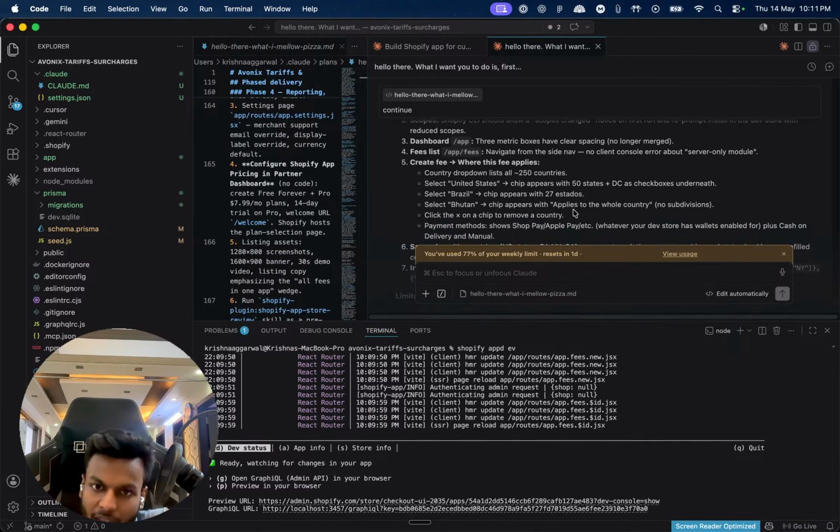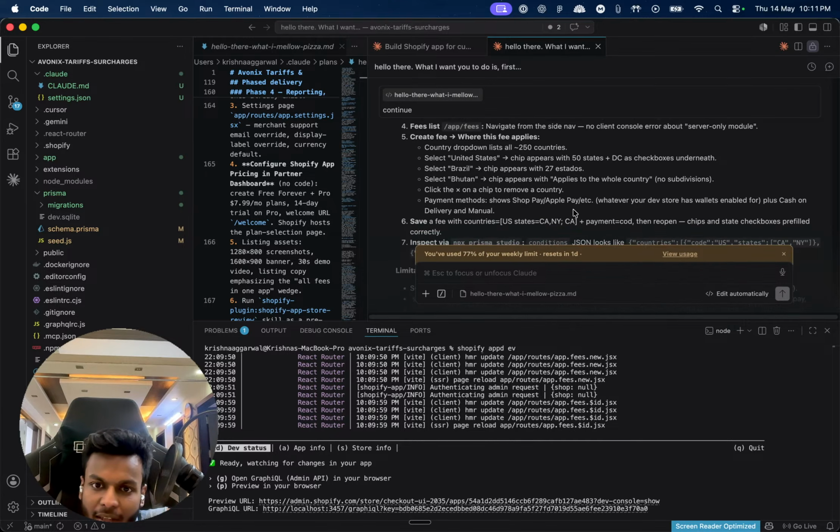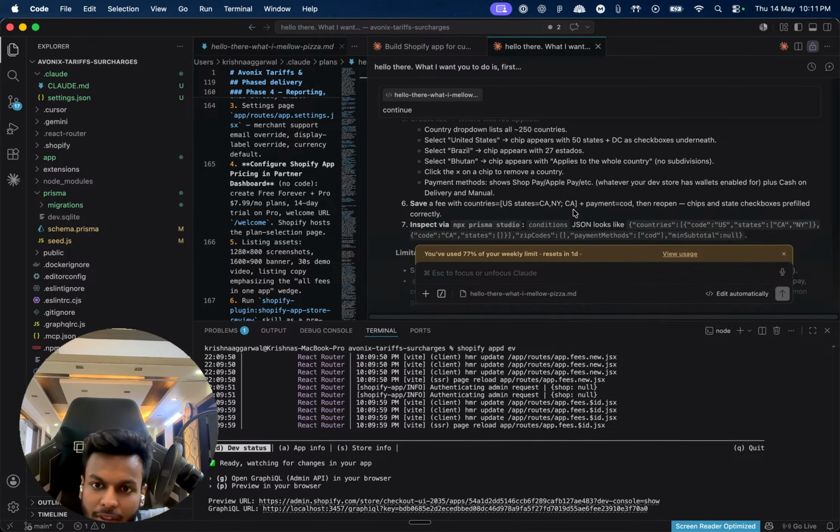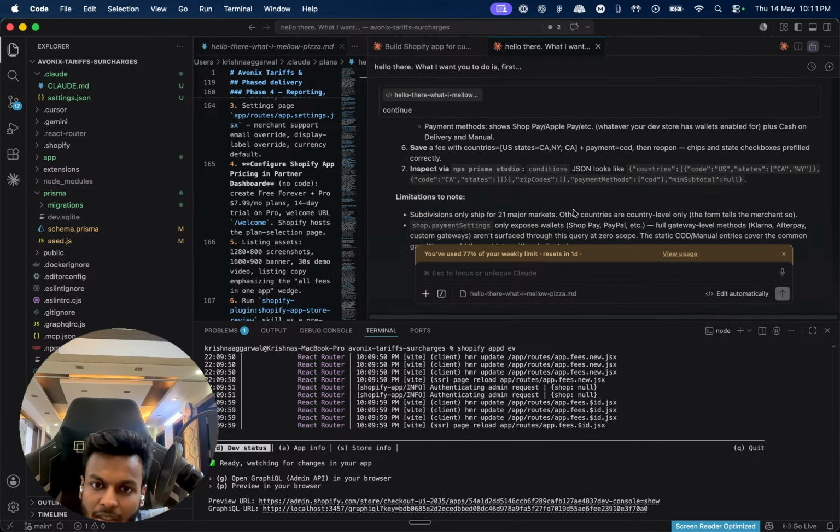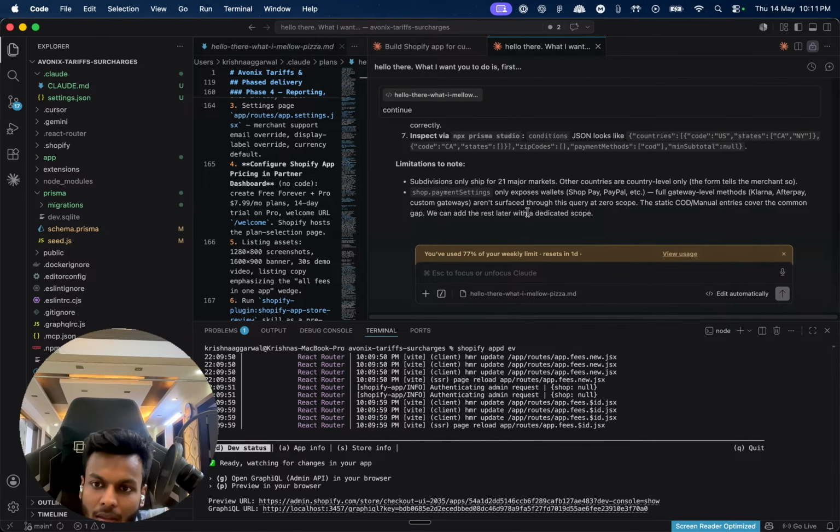I have seen that. Create fee, where we apply country double on list, all select the description here. Select Brazil, save a fee. NPX Business Studio, limitation: do not submit on a ship for a major country or countries outside Germany. Show up on expert volage of paper collector art surface with very this static and this over